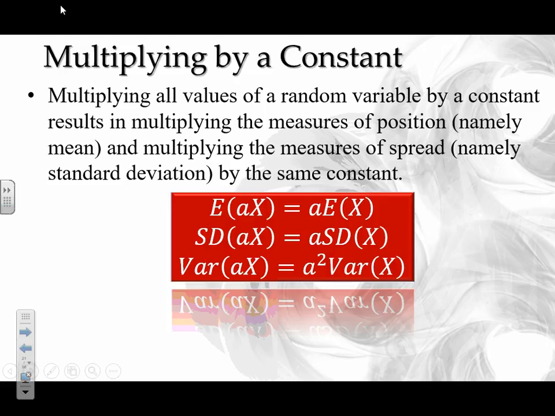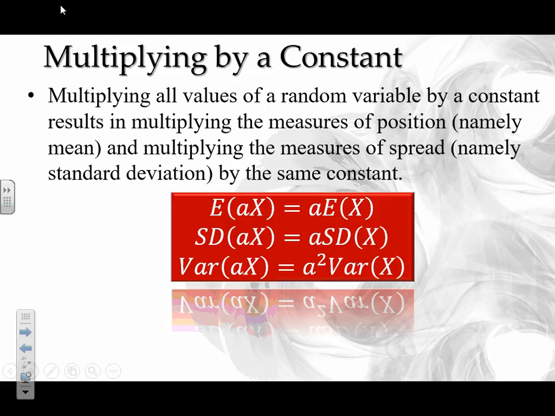So if I want to take 8 times x, all I have to do is E of x times a. So if they give you the mean of one variable, and then they tell you to multiply it, that means the mean of that variable is also going to get multiplied. Same thing with standard deviation. If you take every value times a, you can take the original standard deviation and multiply it by that constant, and it'll get you to the